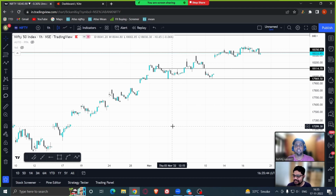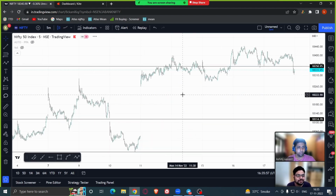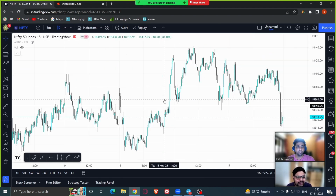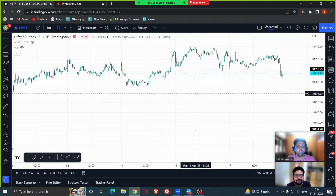Today was a weekly expiry, in fact the last weekly expiry of this month. Next will be the monthly expiry of November. And today was a proper option sellers' day, if I can say so, and as you can see in the charts as well. If you go to the smaller time frame, we opened mildly in the red,